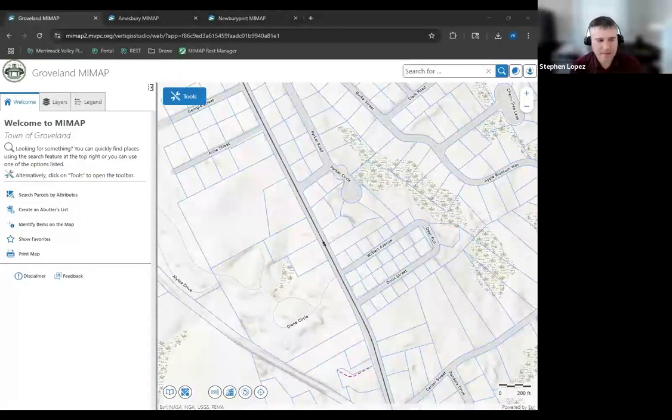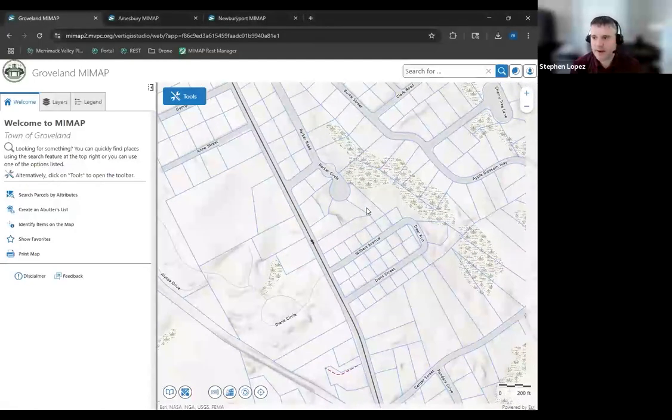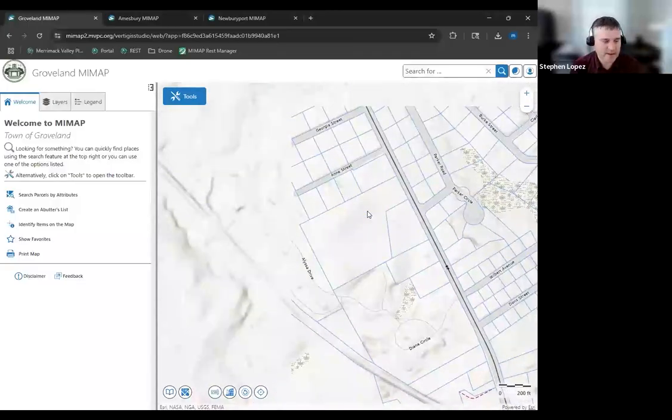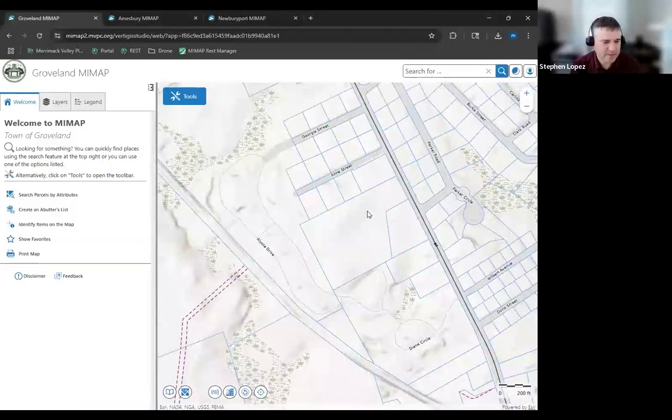But thank you very much for this. We're excited to continue providing MIMAP as a service to you. But again, in order to make it work most efficiently for your municipality, we really rely on the feedback that you are going to provide. So please do reach out with questions or comments.